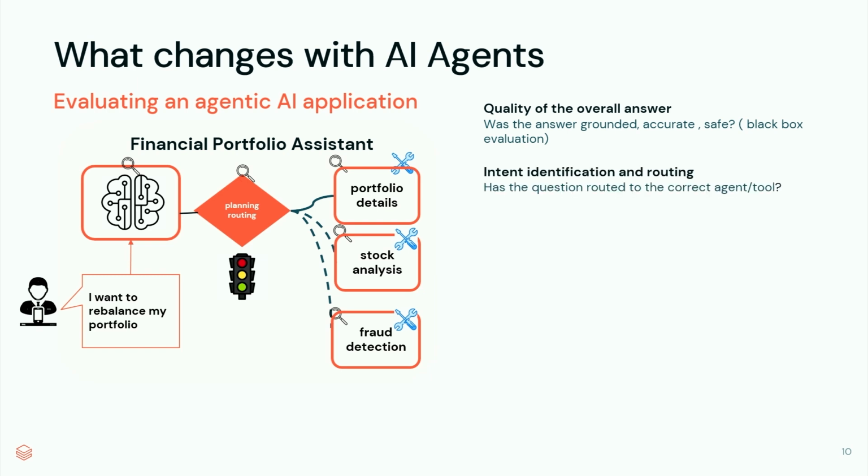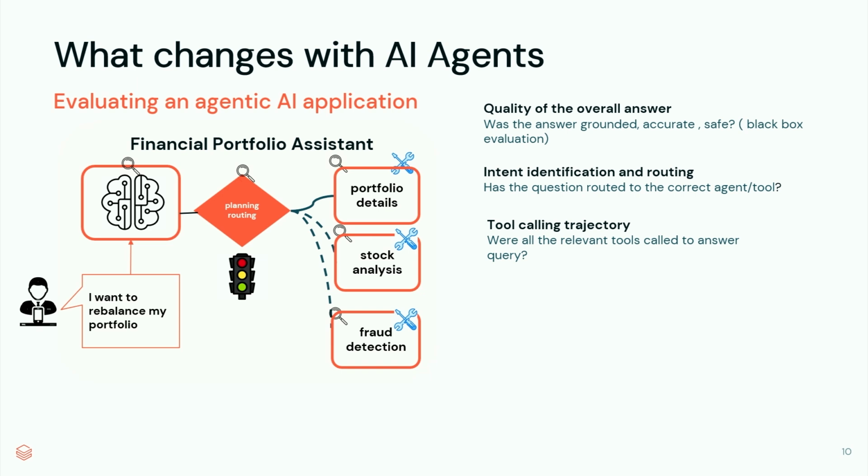No problem in that. We also crack open this agent and understand the inner workings, so that I know that based on a certain user question, the routing has been correct. It has gone to the right tool. It has gone to the right sub-agent if need be. The trajectory, that's quite interesting. And I'm going to show you in a moment.